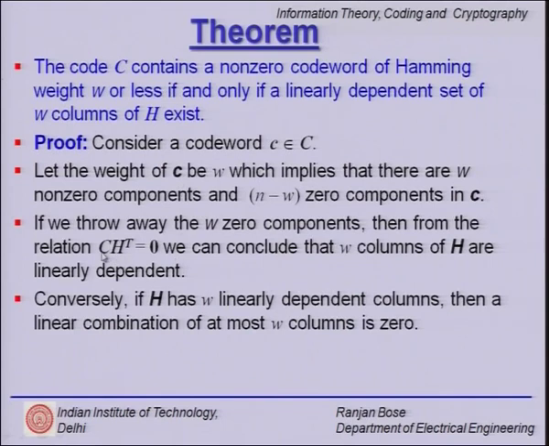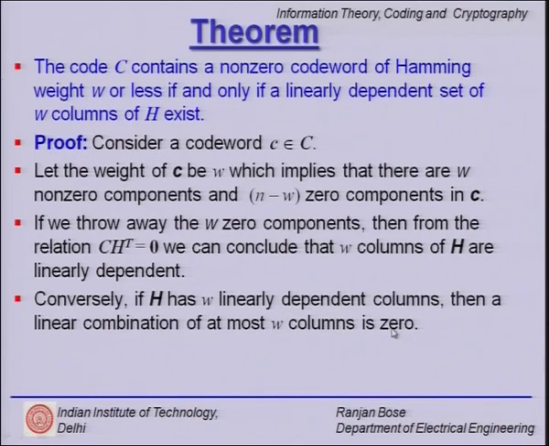Okay. So, this process of multiplication is just picking out the W linearly dependent columns of H. Conversely, if H has W linearly independent columns, then